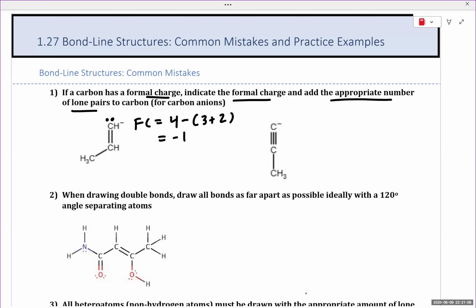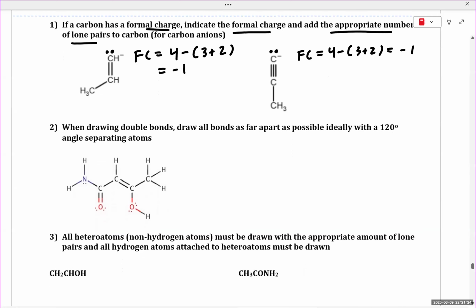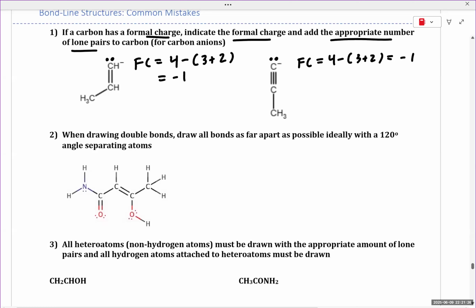Likewise, if we look on the right, we have a carbon with a -1 formal charge. Adding a lone pair gives us the correct displayed formal charge because 4 minus 3 plus 2 gives us -1. Importantly, when drawing double bonds, make sure to draw the bonds as far apart as possible, ideally with a 120-degree angle separating atoms. So for example, if we wanted to make a condensed structure of the following molecule, we draw